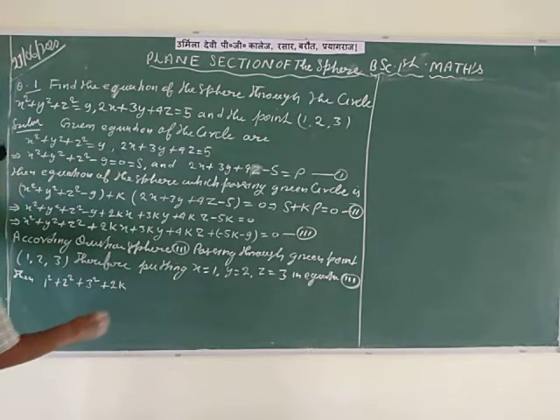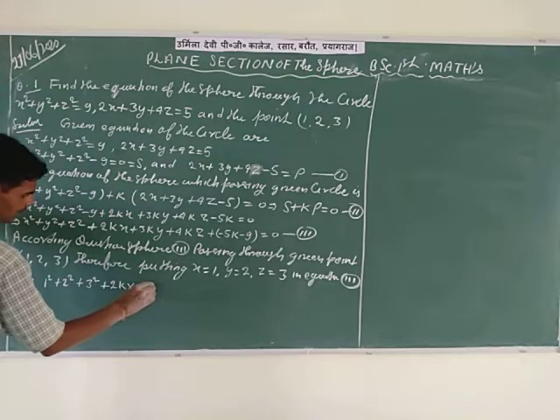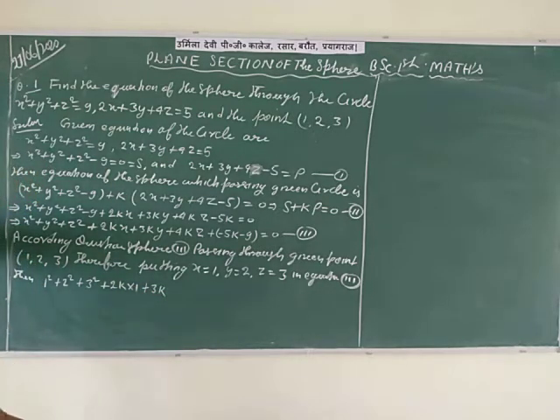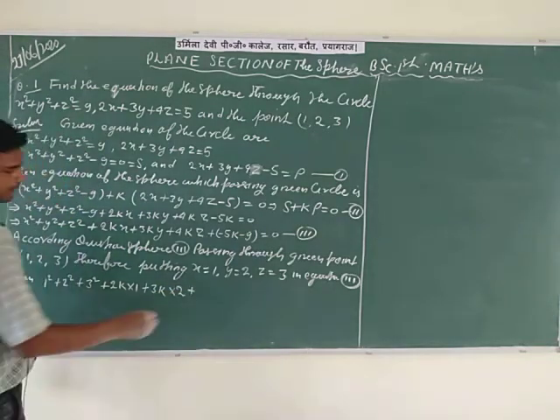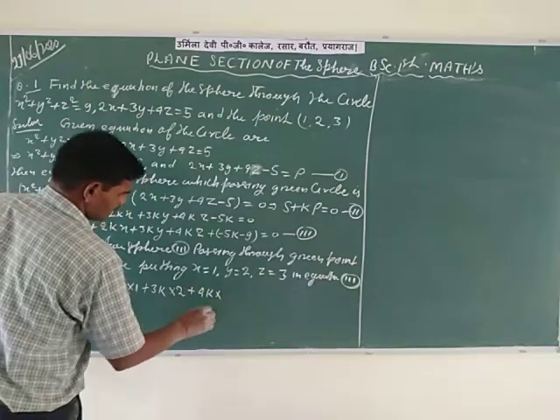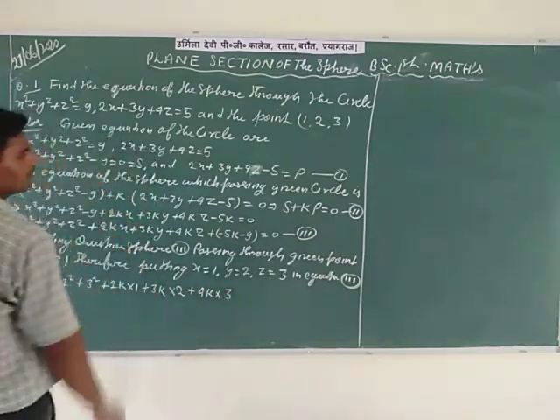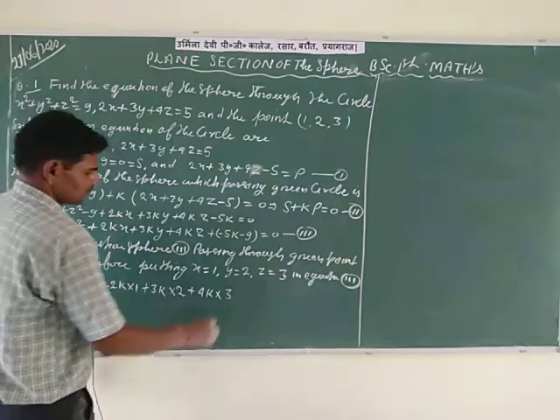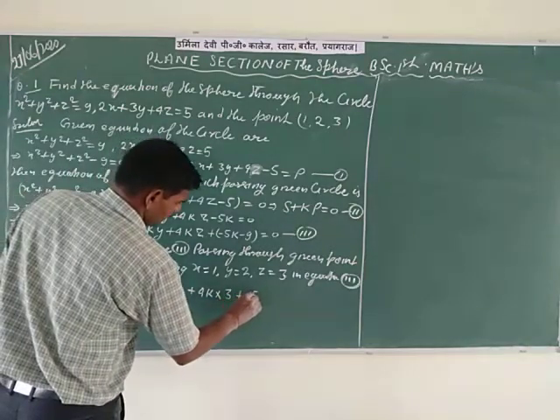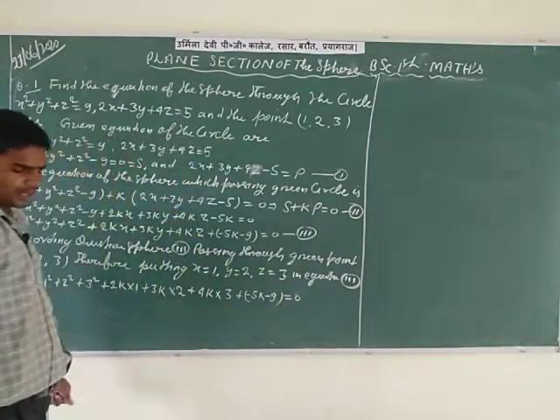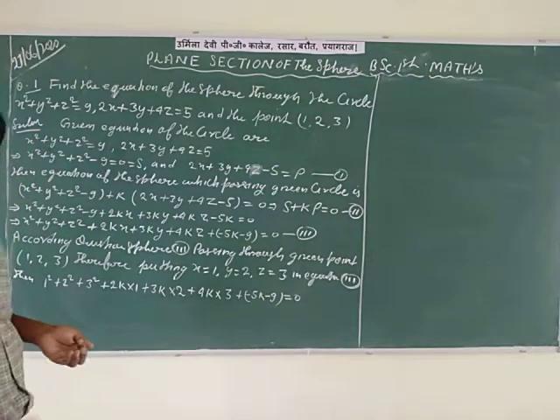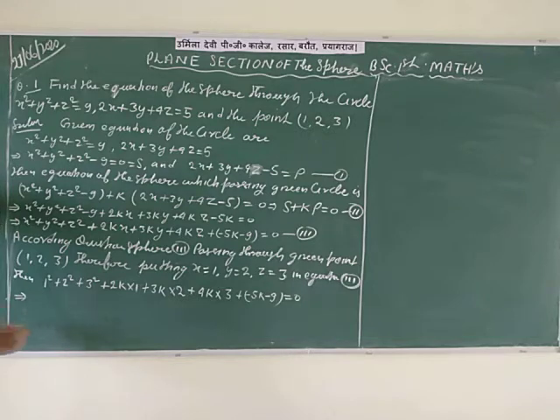2k into x, x is equal to 1, so 1 plus 3k into y, y is equal to 2, so into 2, plus 4k into z, z is equal to 3, so here putting 3, and minus 5k minus 9 is equal to 0. In equation third, putting all the values of small x, y and z. After this, simplify this equation and find the value of the unknown, capital K.